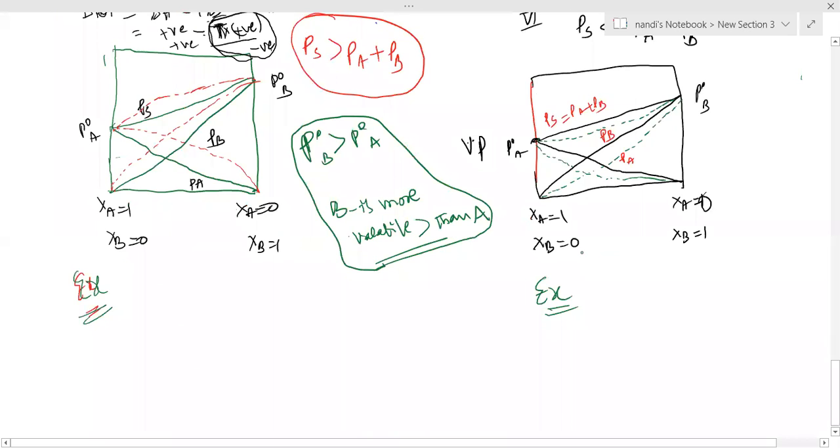I have only one term that plays the key role, that is force of attraction. Strong attractions cause negative deviation, weak attractions cause positive deviation. That's the only word, okay. I hope you understood that. We can solve problems up to this.